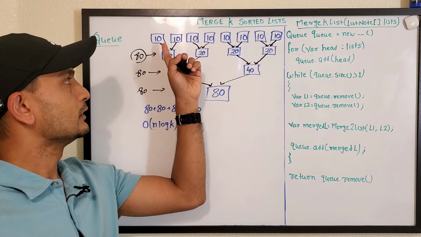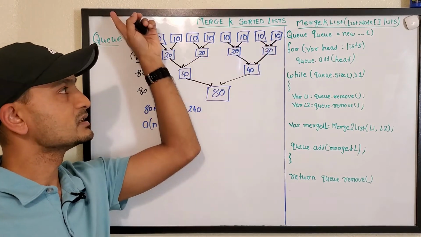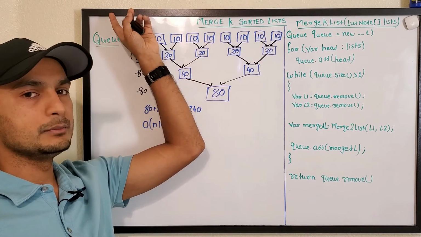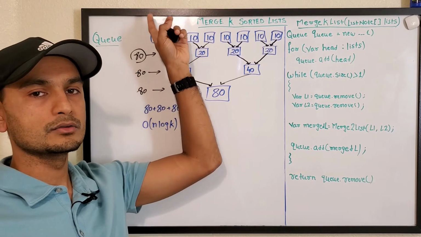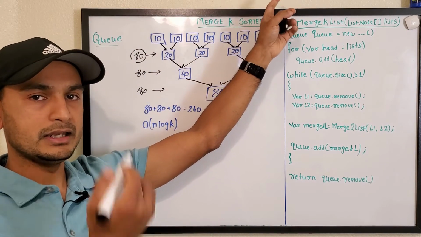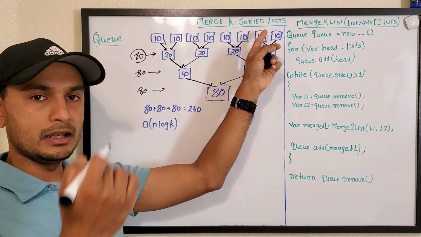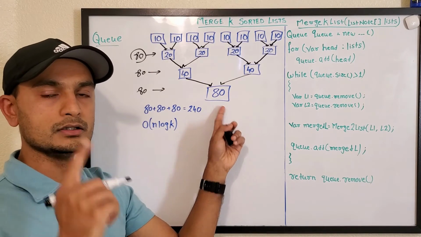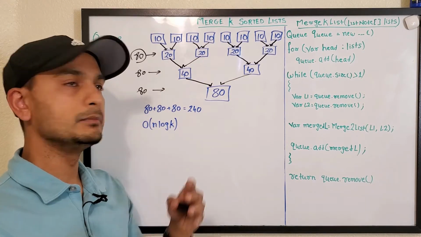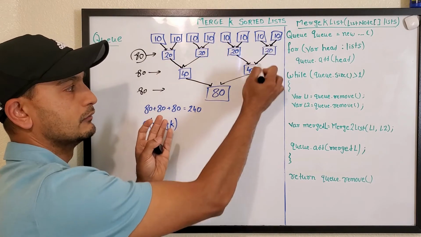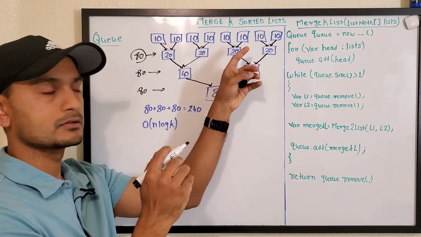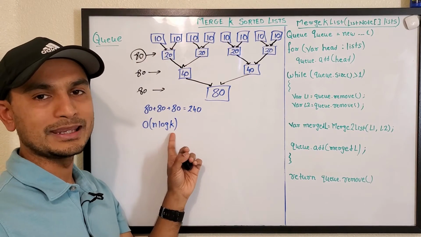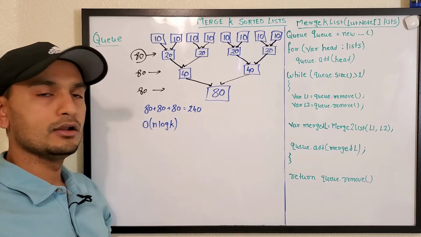So let's say that instead of 8 lists we had 16 lists. So what would we be doing? So we'll be merging, or we'll be grouping two lists into one. So instead of 16 lists, in the next step we'll have 8 lists, and in the next step we'll have 4, next step we'll have 2, and then the last step we'll have 1 list. So for 16 lists this chart will have 4 levels. So instead of 3 levels for 8 lists, for 16 lists we'll have 4 levels. So that's what proves this log k. So our time complexity is n log k.